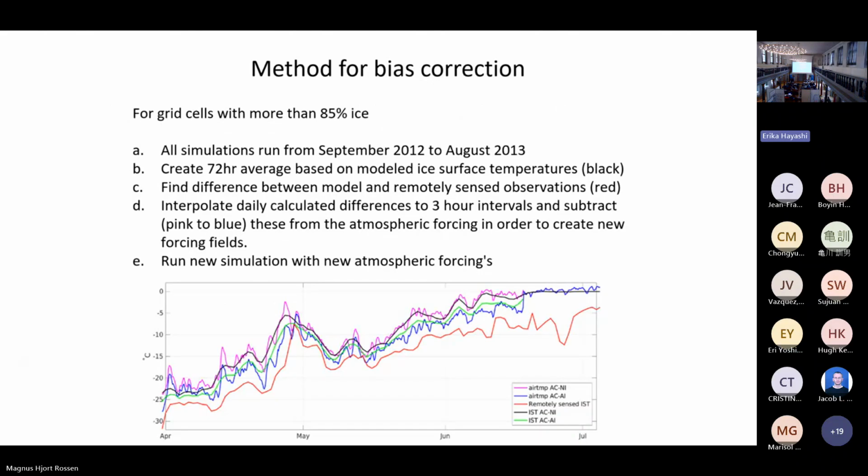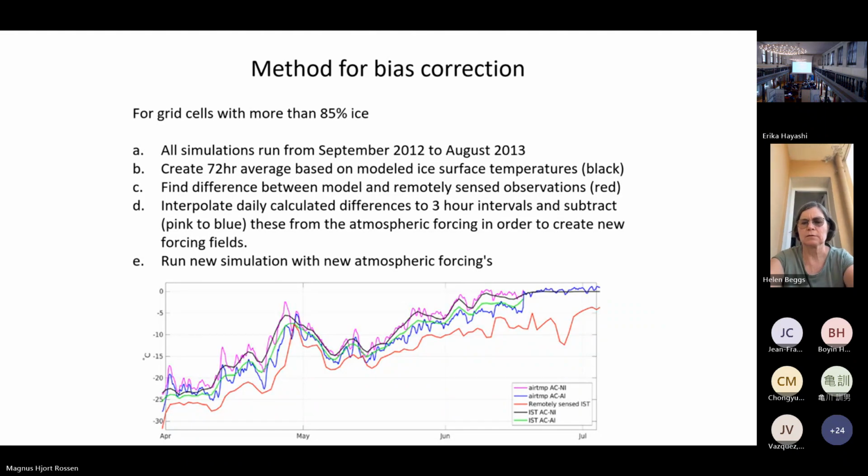So what was done was that the ice surface temperature is not directly, let's say, a derived parameter in an ice model. But we assume that the difference would be around the same as the 2-meter temperature. It's not entirely correct, but there's a flavor of it. So we corrected